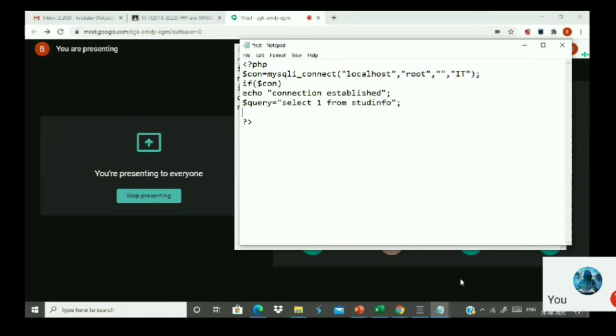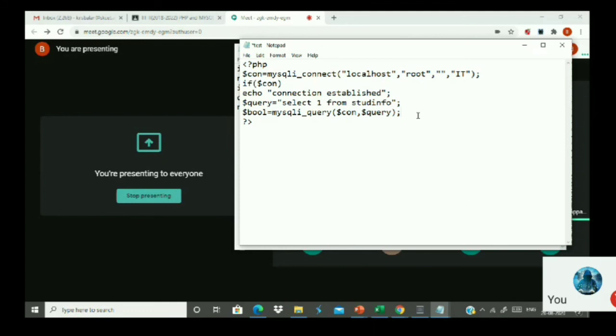Okay, so how do I run this one? I have a variable, a Boolean variable. To run this, I have to use mysqli_query here. The first parameter should be the connection and the second parameter should be the query. What happens if the table exists? Then this command will return the value true. This Boolean will get the value true. That means if it is true, then the table already exists. Suppose the Boolean is false, what should I do?